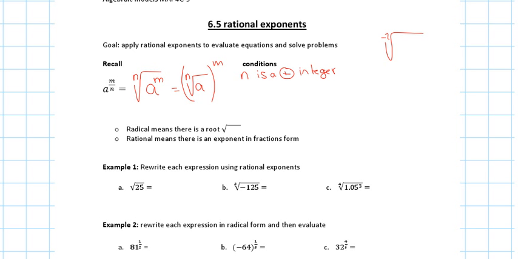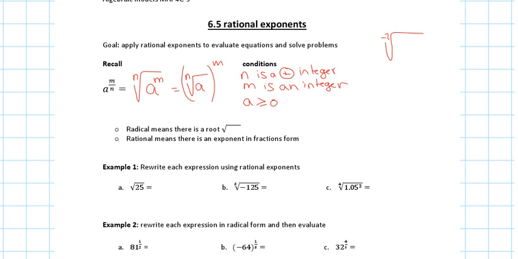M can be either positive or negative, so we're going to say m is an integer, but preferably it's a positive integer as well. We know how to make it positive: we flip the base and make the exponent positive. But the condition says m has to be an integer, positive or negative, it doesn't matter. When I say integer, I mean whole numbers. Then a has to be positive, so it's greater than or equal to 0